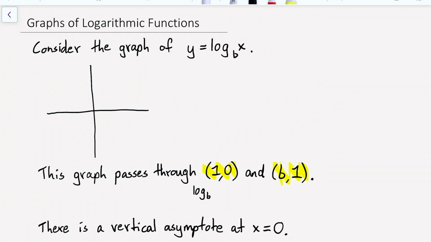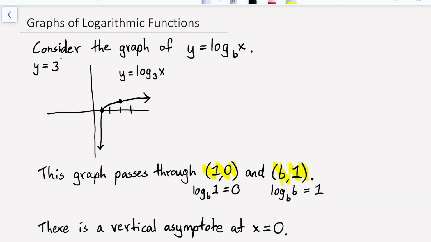The reason is because log base b of 1 is equal to 0 and log base b of b is equal to 1. These are two of the logarithmic properties that we observed in an earlier video. So if I mark those two points on my graph, (1, 0) and (b, 1), say I'm sketching the graph of y equals log base 3 of x, I can mark my two values at (1, 0) and (3, 1) and sketch the logarithmic function based on those